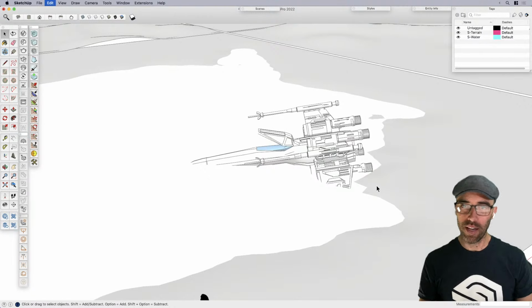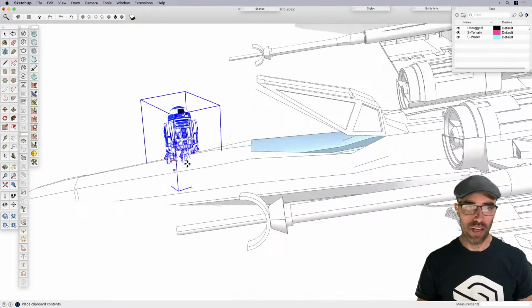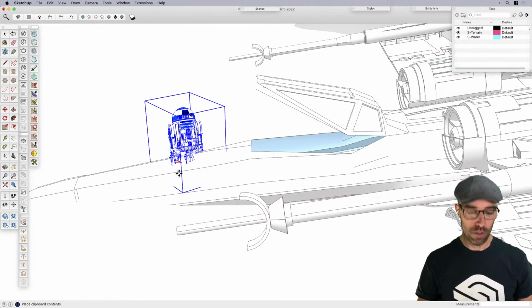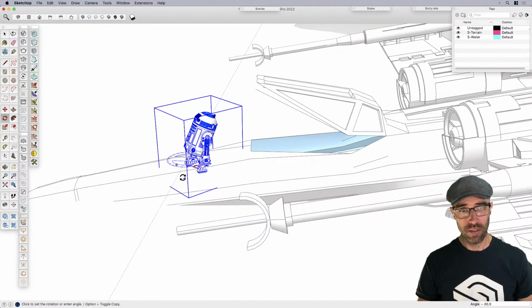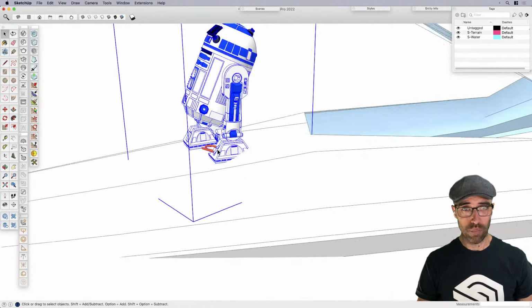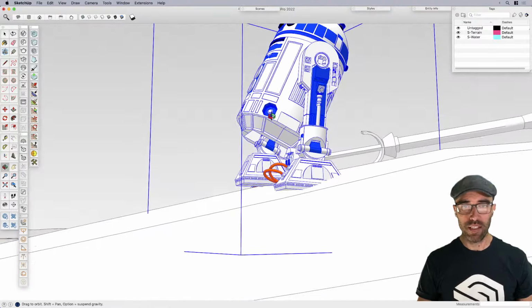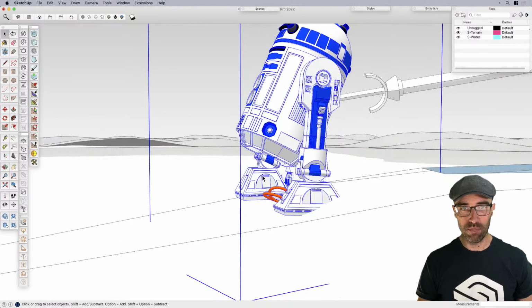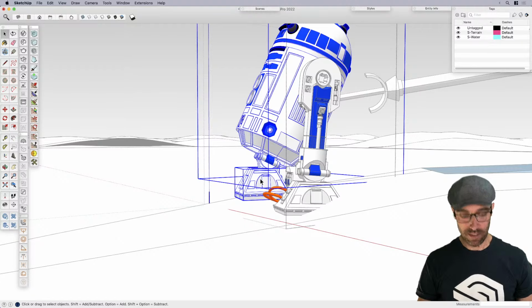So I'm going to paste in, I deleted the R2 that doesn't have legs. And this is what's kind of fun, is that I'm going to actually put him on. I'm going to say that you're right. I'm convinced. I'm sold. R2 is not afraid of water. He's willing to risk it. He's going to go out there and just sort of maybe sit with Luke. I didn't model this, but luckily I found one that I think is built well enough that what I need to do is take these two parts here, and I need to,